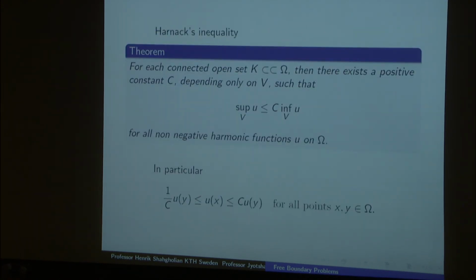And this is Harnack's inequality. So here, what does it say? It says that for each connected open set K, which is compactly contained in omega, when you write double subset, it means it's compactly contained in omega, then there exists a